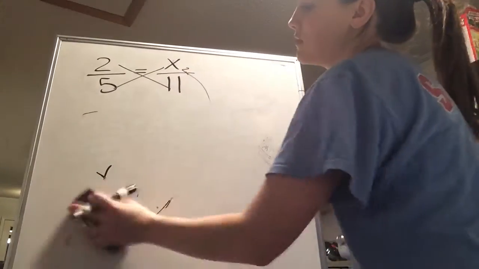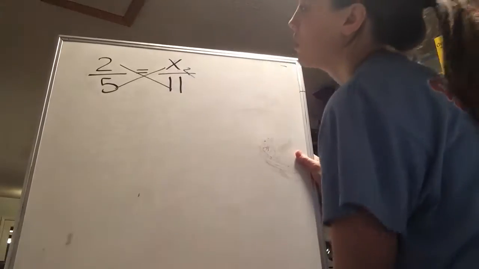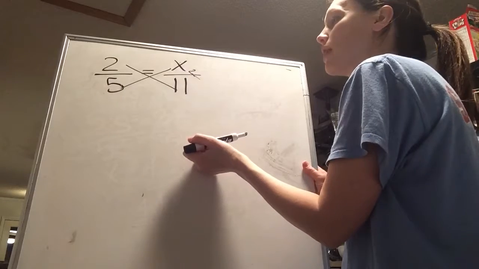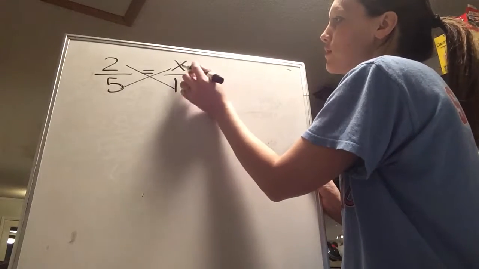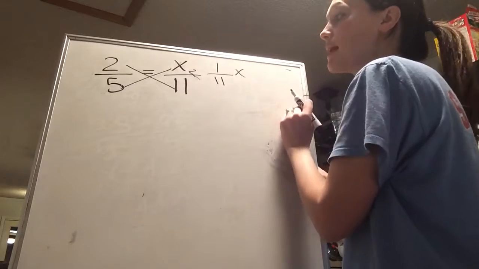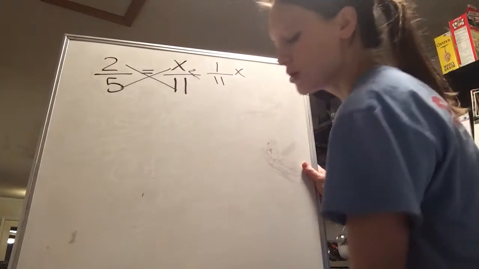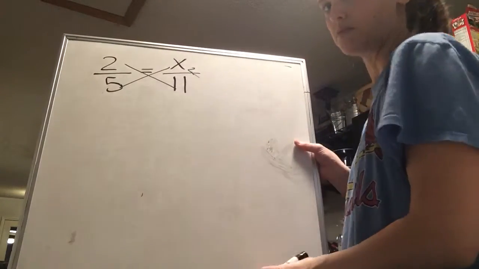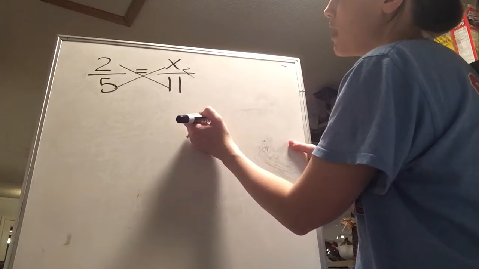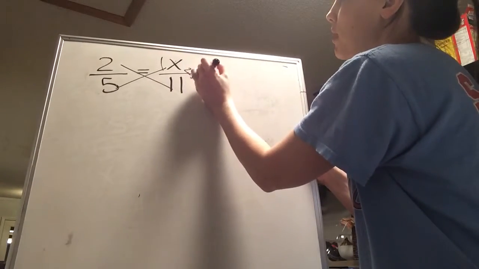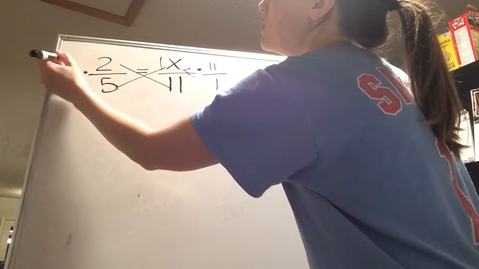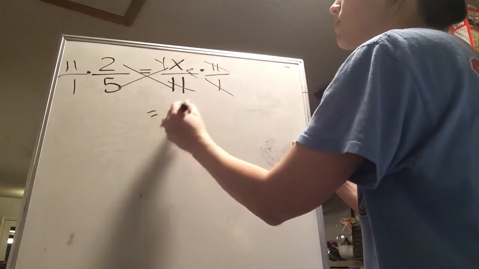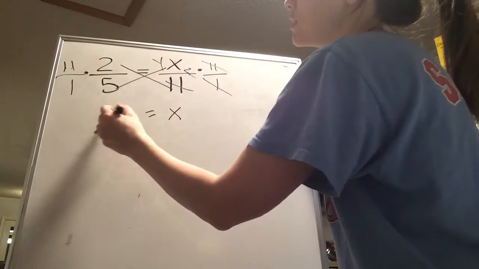The other way they showed us in the video is when we have 2 to 5 and x over 11, or x to 11, what's understood here is a 1. So it's really 1 over 11 times x. That's the same as x over 11. So to get the x by itself, you can multiply by the reciprocal. If it's 1 over 11, you can multiply by 11 over 1. And then you have to do it to the other side as well. Of course the 11's cancel out, you're left with x,